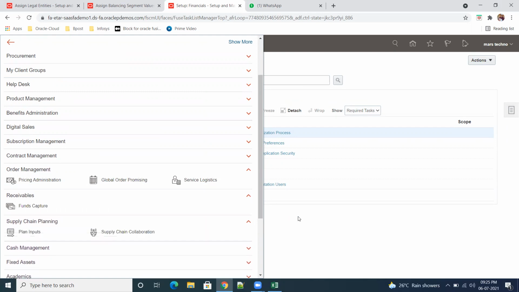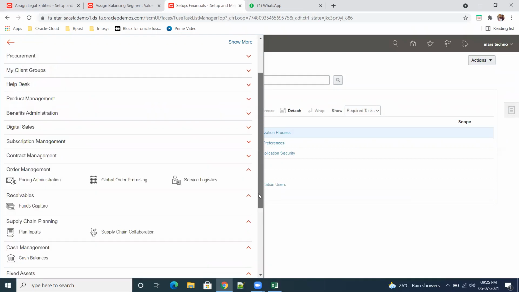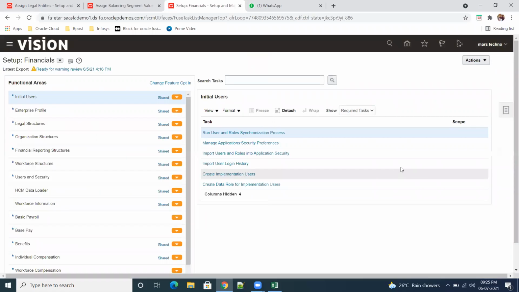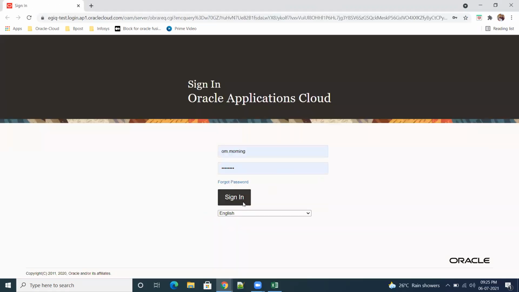I think no. General accountant, cash management. No. Where is it? We don't have roles here. Let me show you what we are going to find out when you have the roles. I'll show it in the other instance. Then later we'll come back and add the roles here, which I forgot actually.